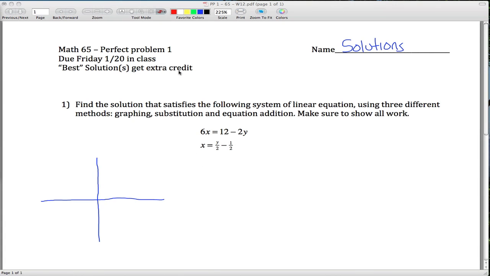Okay, here's solutions to problem 1 from Math 65. In this problem, we're asked to find the solution that satisfies this system of linear equations, and we have to do it 3 different times using 3 different methods. First one, graphing. To graph these equations, we want to write them in y equals mx plus